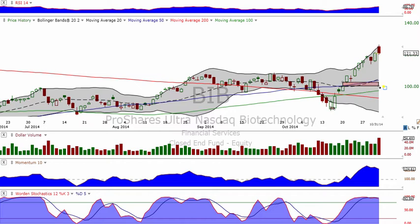So if you look here, we have a nice little gap right here. Okay, there's been no trade. There were no trades in this area, and most gaps get filled. 99.9% of the gaps get filled, and especially with BIB, I'll explain a little bit further once we get into more detail. But for now, your first target on this, if you're really looking to go for a long entry,